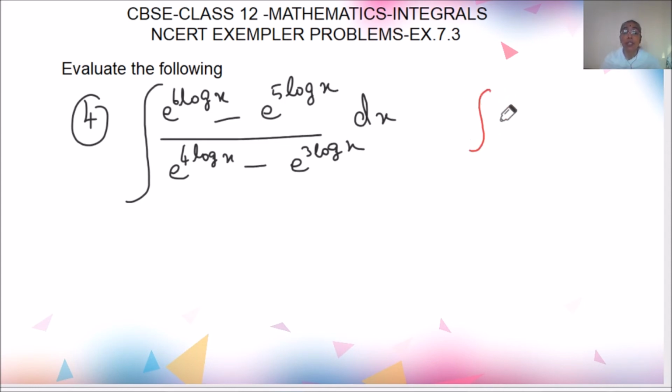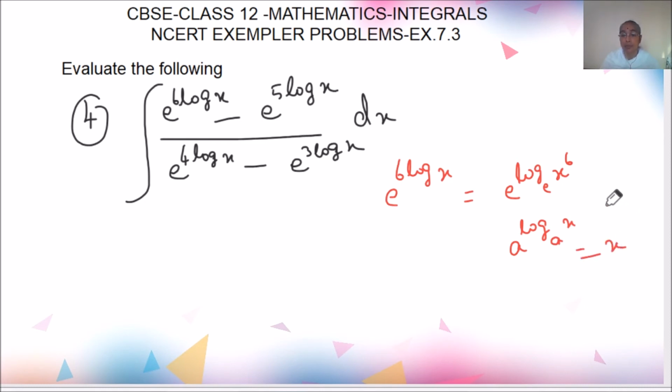Let us recollect the logarithm formula first, before integration. Let me take only the first part. It is e to the power of 6 log x, the first term. First of all, you know very well what m log a is. m log a can be written as log a to the power of m. So with that, the first step I can write it as e to the power of log x to the power 6. Now this one is base e. Now again another formula, a power log x base a is nothing but x. Am I right? So you know even this formula in logarithms.